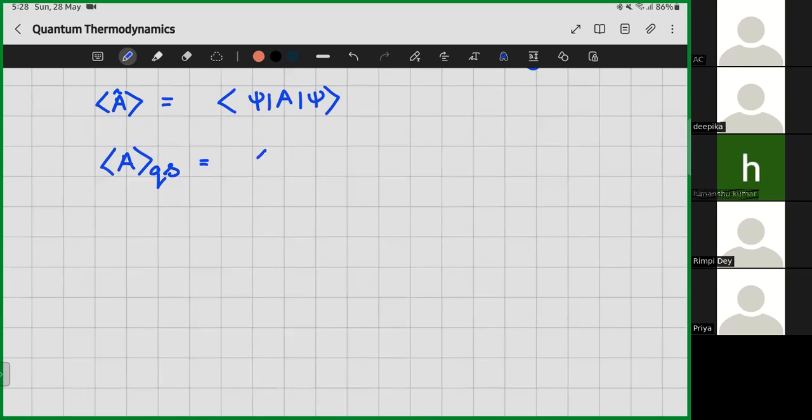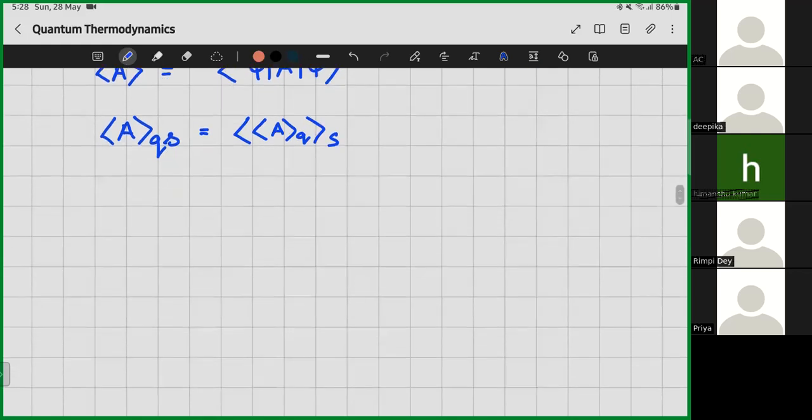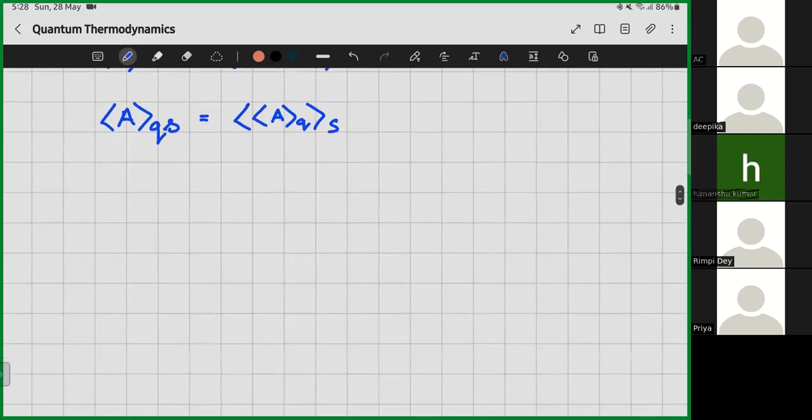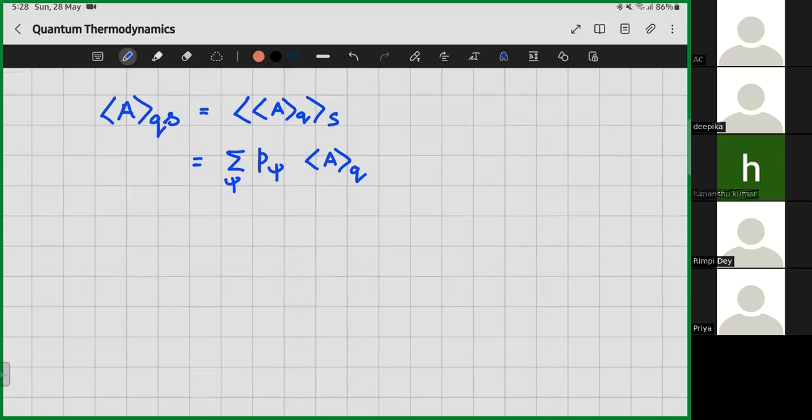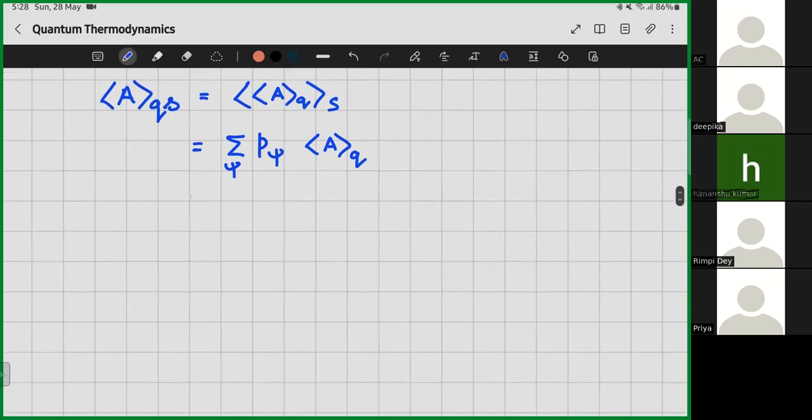We can define this like this: quantum average and then statistical average. For any statistical average, we can write the probability and the quantum average. And if we expand that, then we obtain